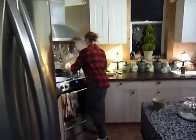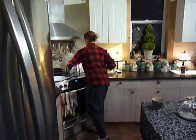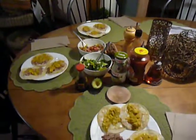decided to put mango in it, right, Krista? But I only had jarred mango. I didn't have fresh mango. So that looks really nice. Those are going to be